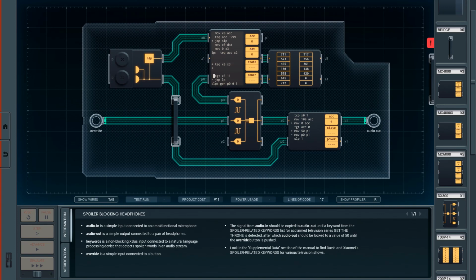And our test of greater than, jump to LP, that's fine. So test if the accumulator is equal to x2, and then if it's not equal, then we don't do anything. We just gotta read something from here. So we'll move x2 to null. Doesn't really matter. Or we do a TEQ against DAT and x2, and if that's true, that means they're both